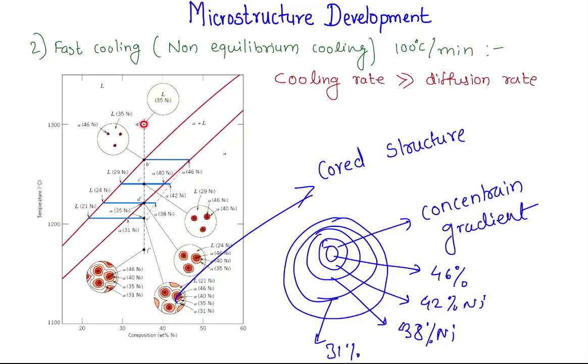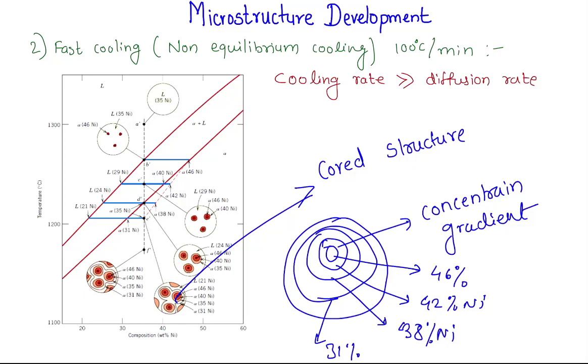At point A or 1300 degrees Celsius, everything is in a liquid state. At point B, the nucleation or the solidification starts. The Cl here is around 35% and the Cs is around 46%. Now as we start cooling, you can see there is another line shown in dotted shape. This means that it should follow this path, but it will not follow this path and the actual composition will be like this because we are cooling it very fast.